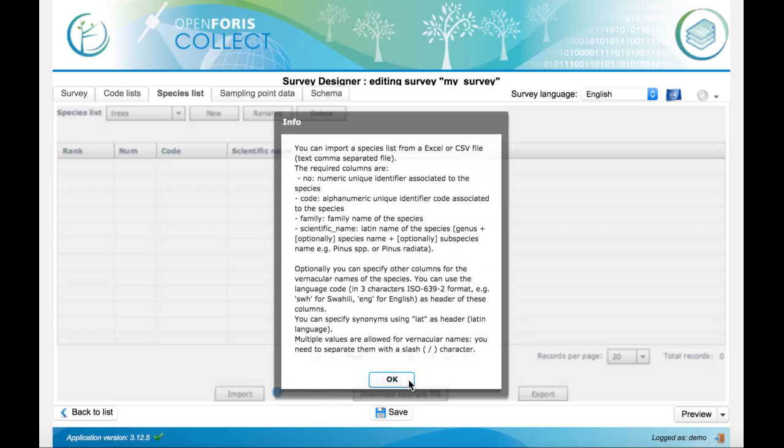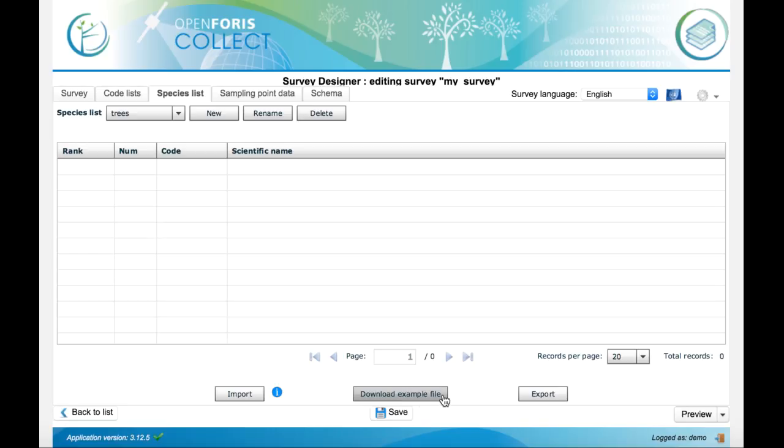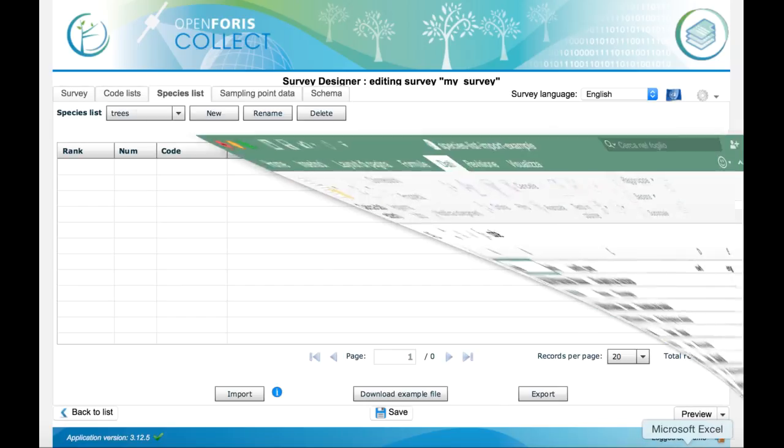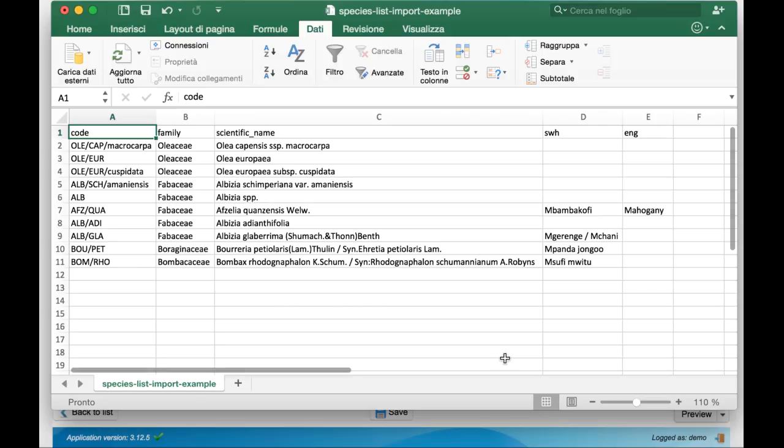If you want, you can download an example file. Click on this download example file button, and this example file is just a very simple list of species. Note that here we have a code column, family column, and a scientific name column.